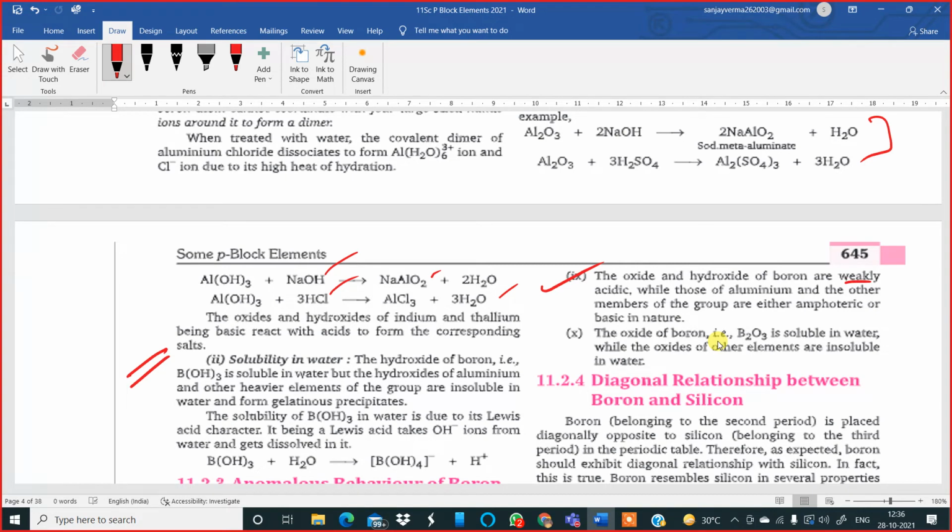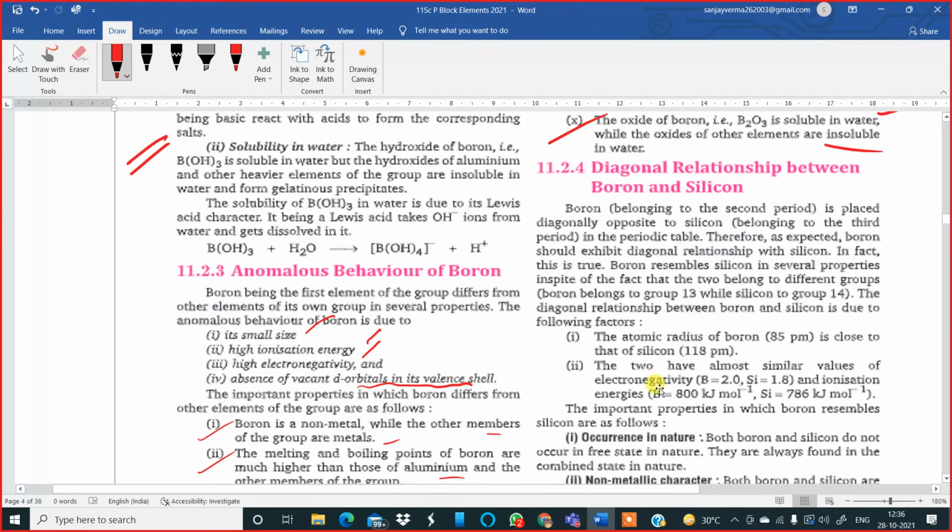Remember this: while those of aluminum and other members of the group are either amphoteric or basic in nature. The oxide of boron, which is B2O3, boron oxide, is soluble in water, while the oxides of other elements are insoluble. Okay, so now after this general characteristics of boron, the anomalous behavior, we will discuss the diagonal relationship between